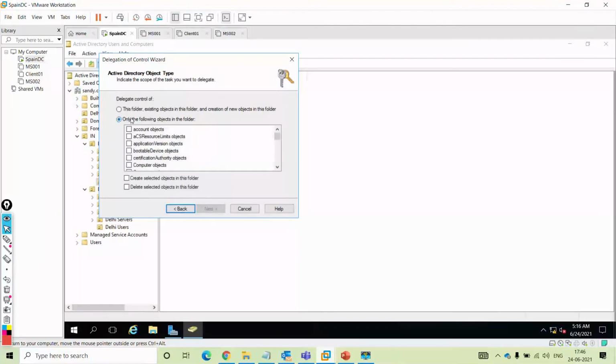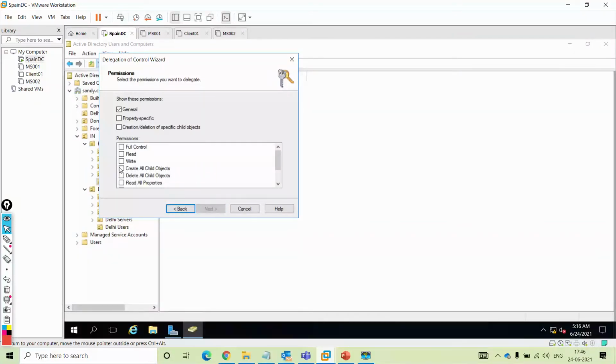Back. We go next, and here create all child objects, and probably not child objects, creation and deletion of specific child objects.